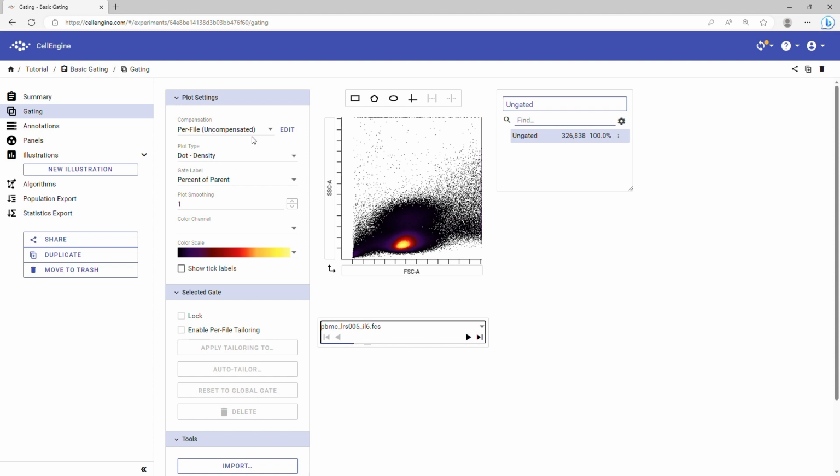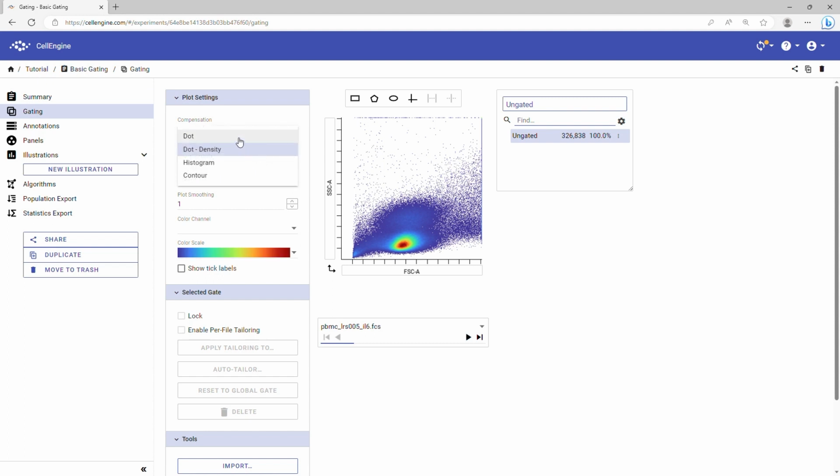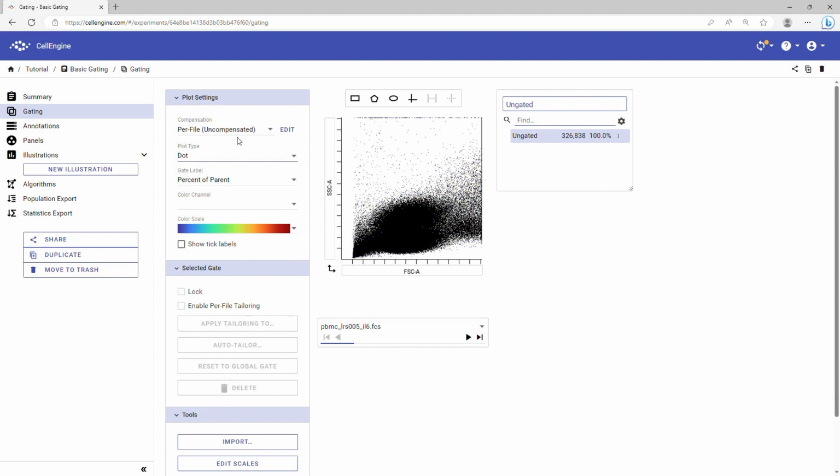The gating plot can be changed in several different ways. The color scale or smoothing can be adjusted for better visualization. There are several plot types available for gating as well. For 2D plots, you can use dot or contour plots. Dot plots can be colored by density of events, as it is now, left uncolored, or colored by another channel in the experiment. To color by a channel, select dot for the plot type, and then change the color channel